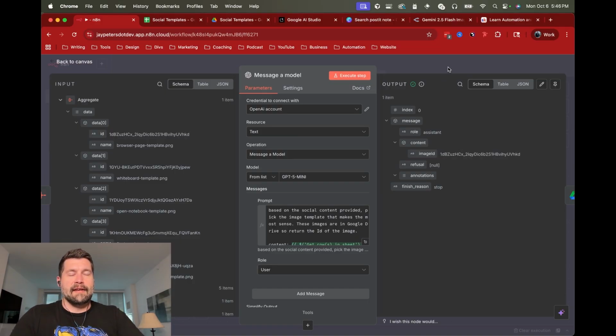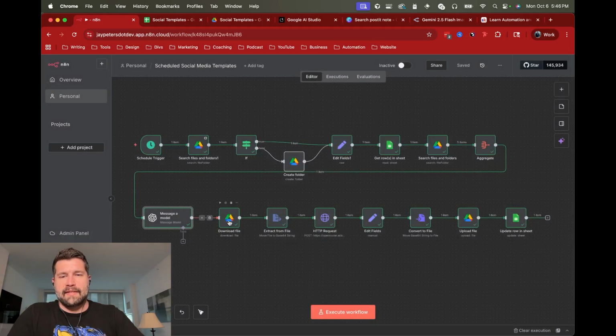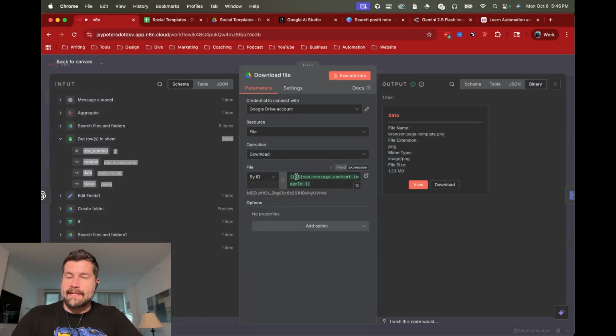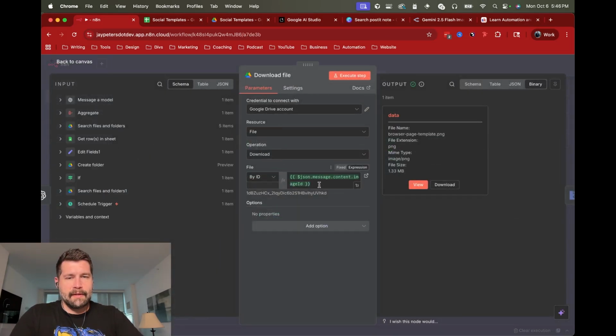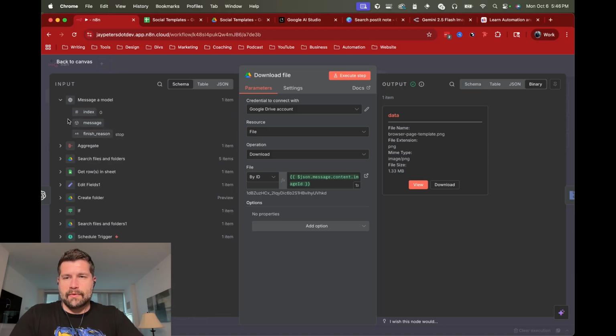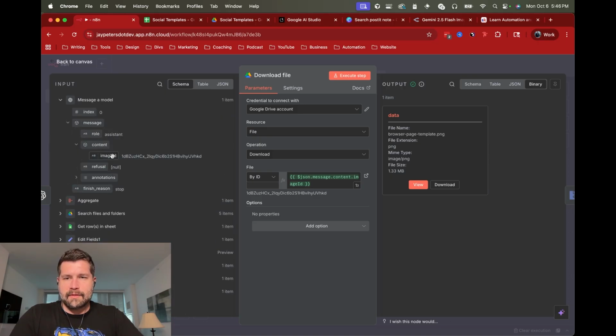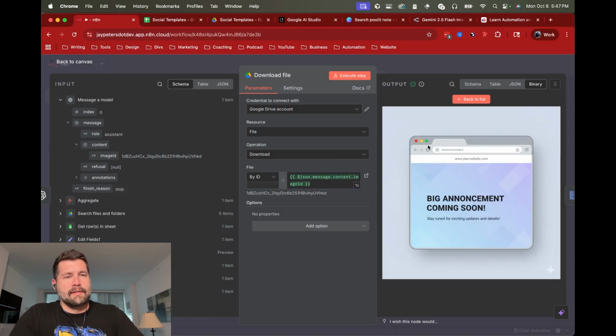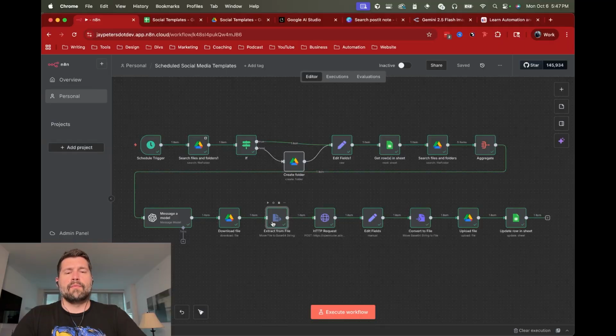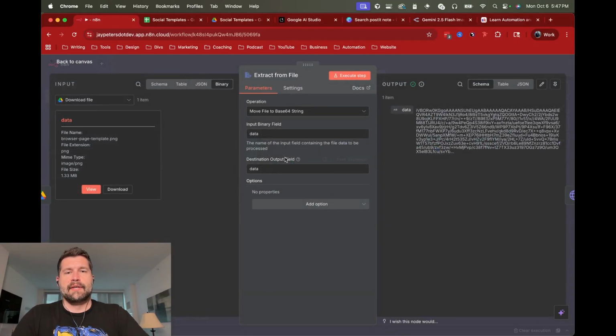So that's the image that we're going to use as a template. Once that's done, we now have that ID specifically so that we can download it. We can just drag the result from the message of GPT, which is image ID, straight into here from the Google Drive download file, and we can do it by ID. So we just drag that directly into the ID, and that gave us the template image with big announcement coming soon, browser image. Then we convert that image into base64 just because it makes it easier to send